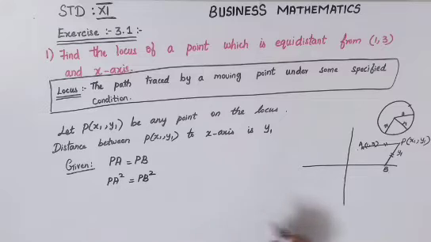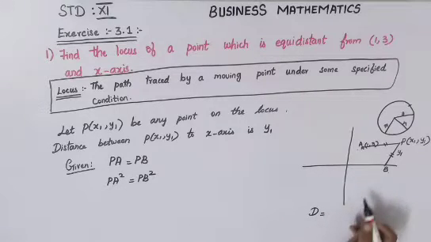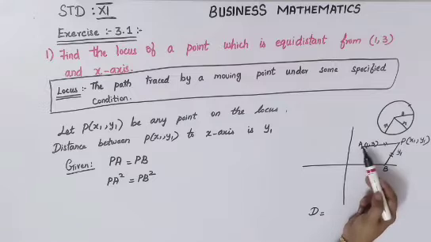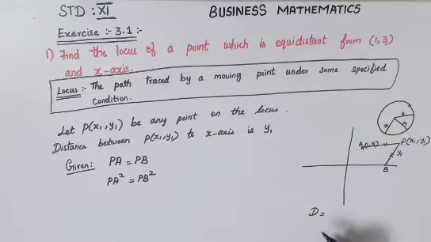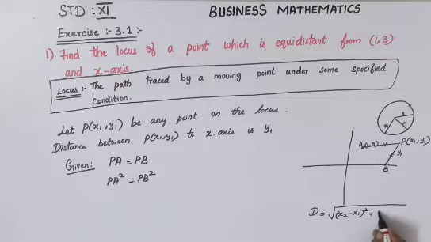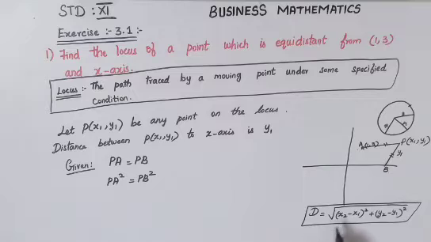We know your distance formula, the distance D. Because for AP we have to find the distance between A and P, and for PB the distance between P and B. Your distance formula, which you would have studied in 9th and 10th standard, is: D equals the square root of (x2 minus x1) the whole square plus (y2 minus y1) the whole square. So this formula we can use. To remove the root, we are just squaring it here. If you square it, this root will go, so only this part will be there for your distance.